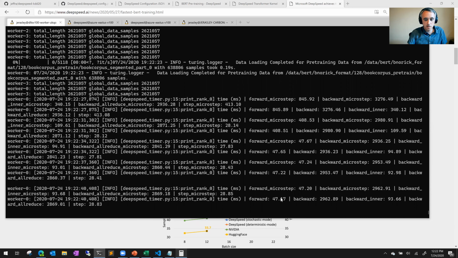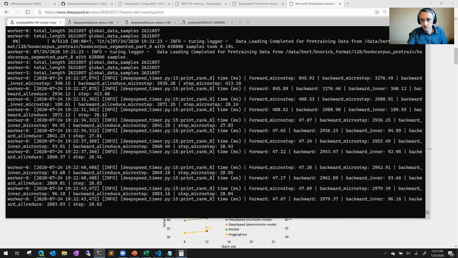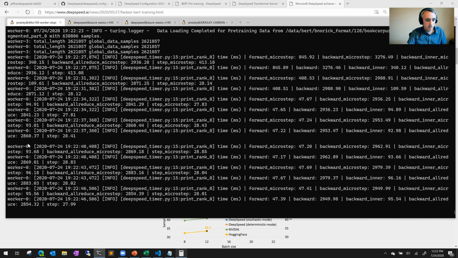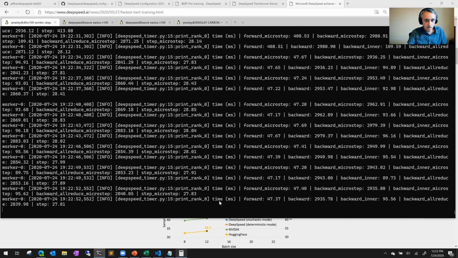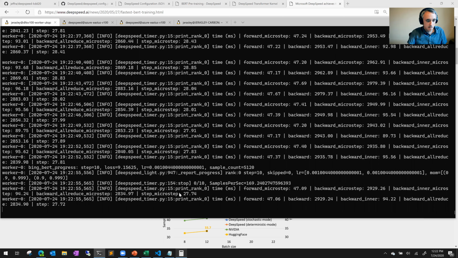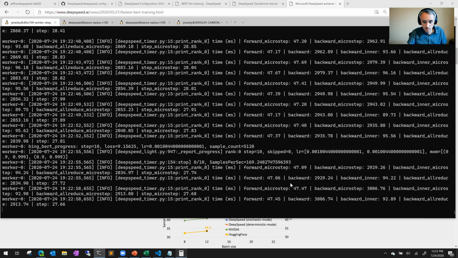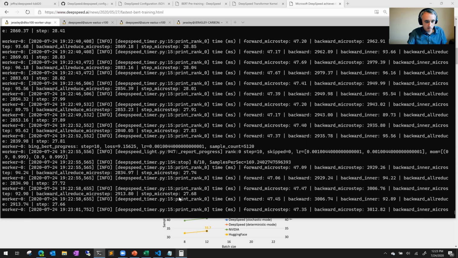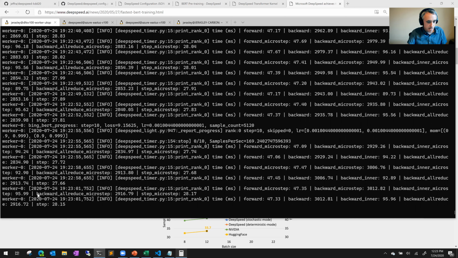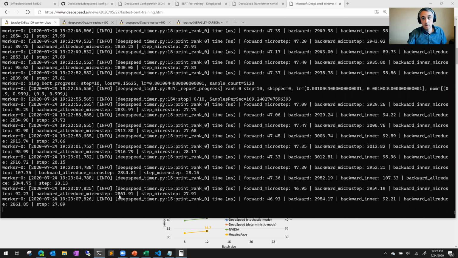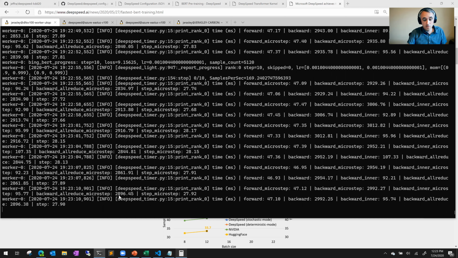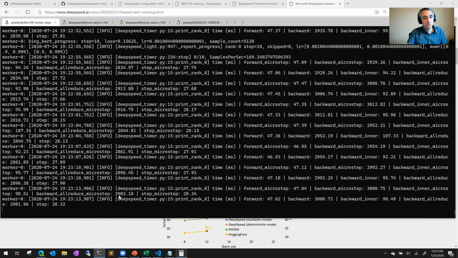So I started this with the wall clock breakdown, which is actually great. Open this up a little bit more. This isn't showing our samples per second yet, but if we look closely at our all reduced time, this is backward all reduced microstep, shown in milliseconds. So we're taking almost 3 full seconds to just do the